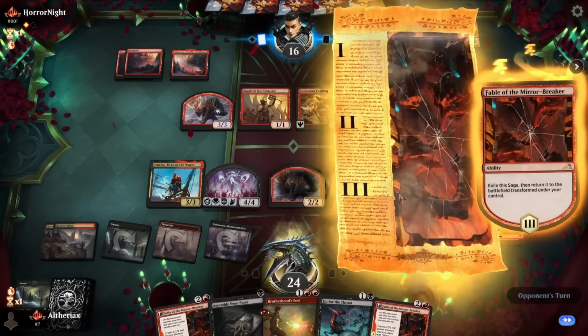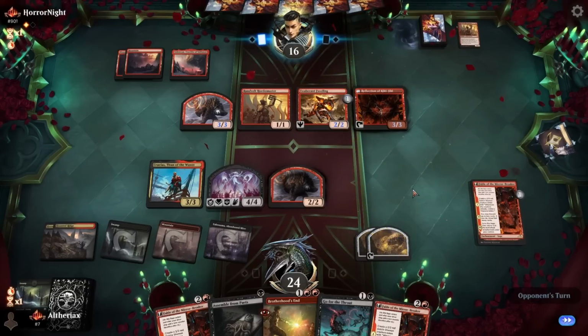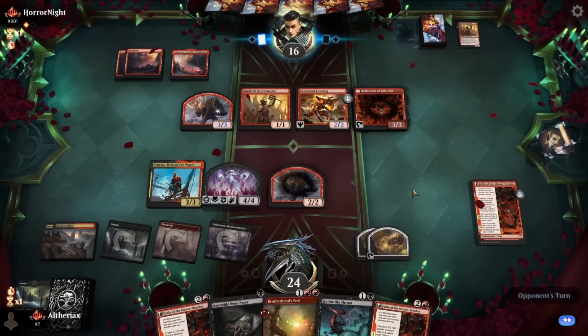Okay, so opponent's Fable flips. Let's see what else they've got. But yeah, we should be in a good spot. I could potentially see an argument to just casting out the second Fable here, but I do want to kill